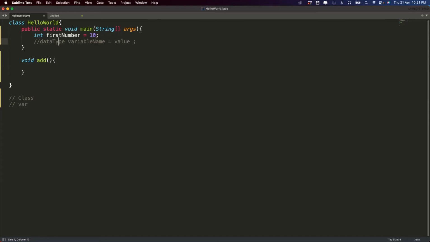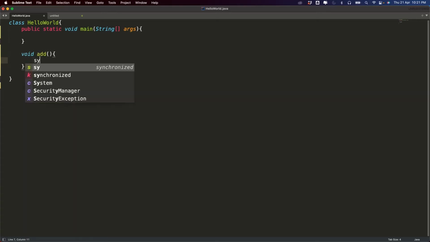Okay, so now let me remove these things. Now what I'm going to explain to you: so far, what do you know? You know how to create a class, you know how to execute a class file, and you know how to create a variable also. Right? So how do you call a method? For example, in my main method, in my hello world program, I have a method called void add, and it is not saying anything, it's just simply saying